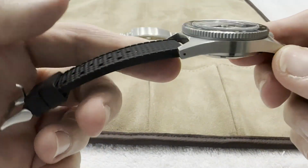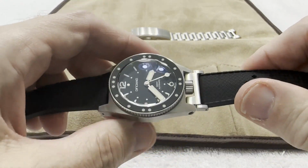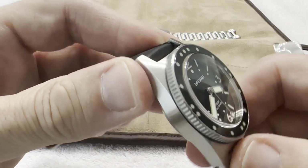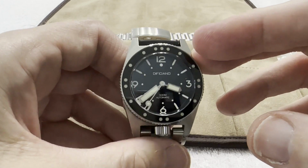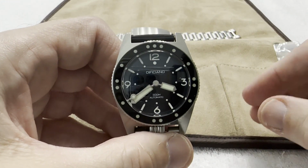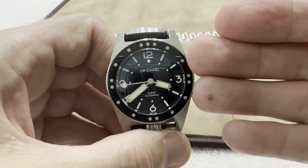A little small for my taste, but it's a good watch. It's a good solid watch. And if you are in the market for a diver in the 38 millimeter range, you have a smaller wrist, you want a diver, but you don't want one of those big Hulker 42s that I prefer, but I have the wrist for it. If you don't have the wrist for a 42, but you like a dive watch,